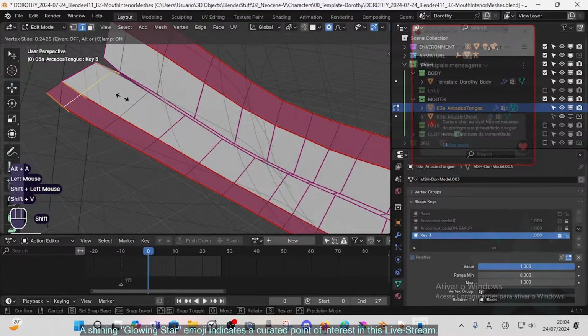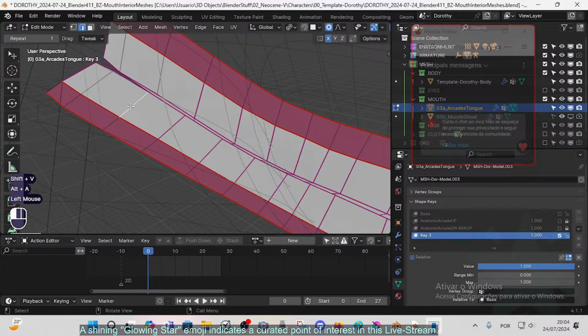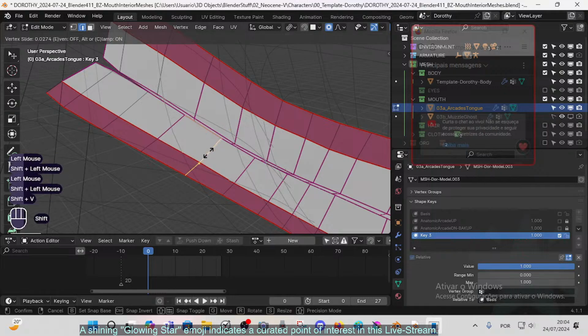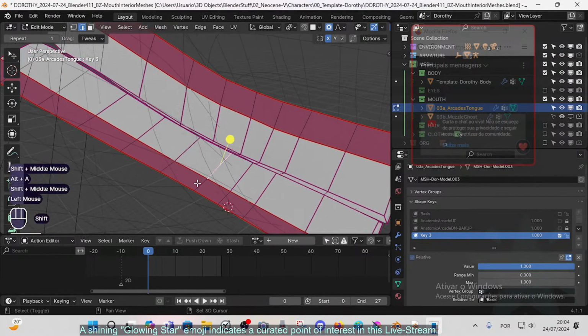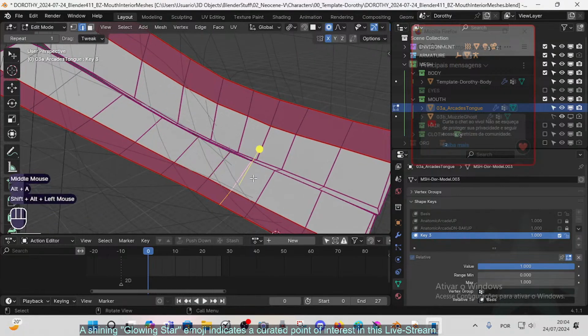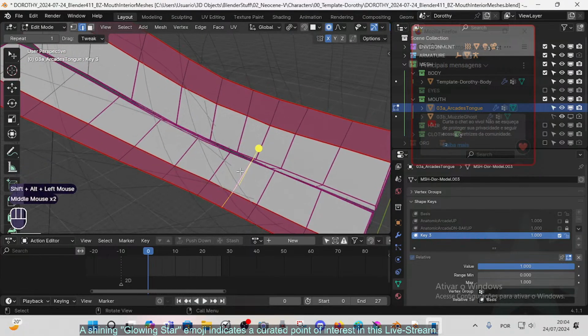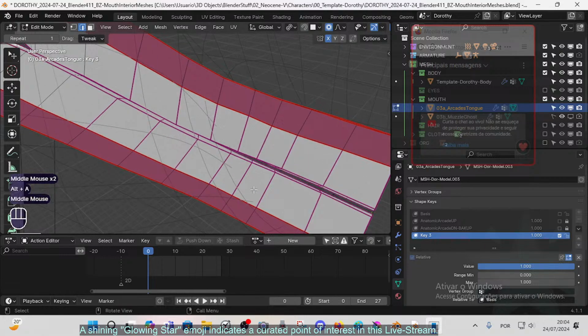Even this one, maybe retract here, retract, retract, retract, retract. Here is the... yeah, except here this is different, so